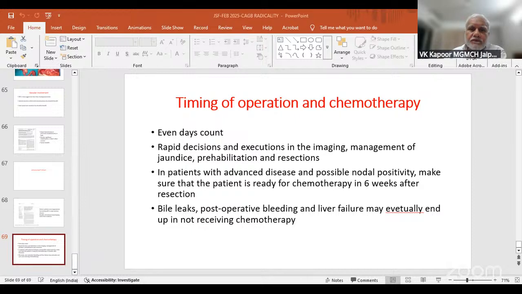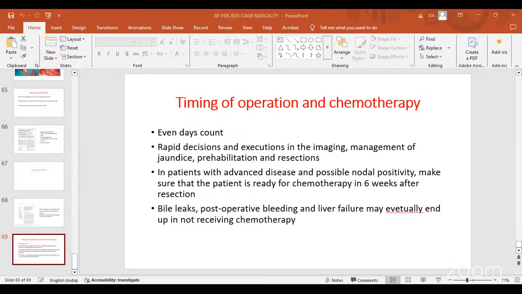No, but these are two different issues. One is that you do an extended cholecystectomy even if the para-aortic node is positive. That is a non-curative intent extended cholecystectomy, and then you give adjuvant chemotherapy. What we are talking about is that you do an extended retroperitoneal lymph node dissection from the crus of the diaphragm down to the aortic bifurcation, where you remove all retroperitoneal nodes. This is what the Nagoya group used to do 20 years ago, but then they gave it up, saying that it doesn't help, because if the nodes are negative, it is not required. If they are positive, it doesn't help. So the second category, we don't do.